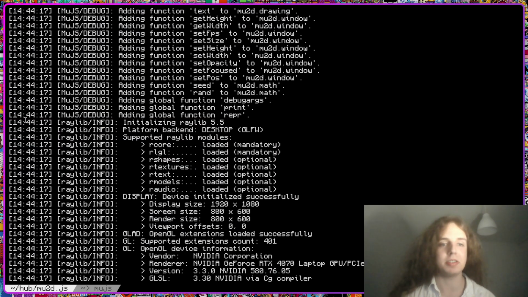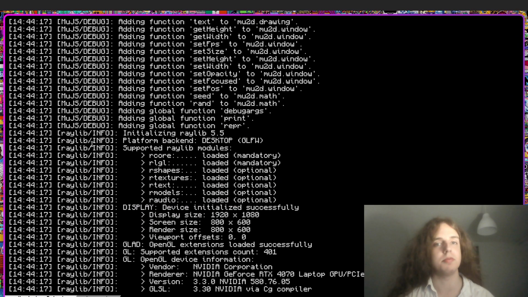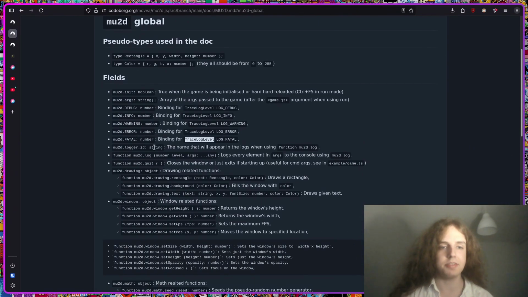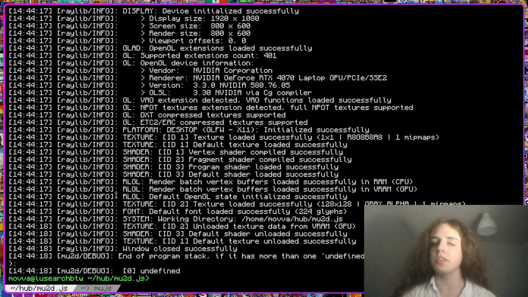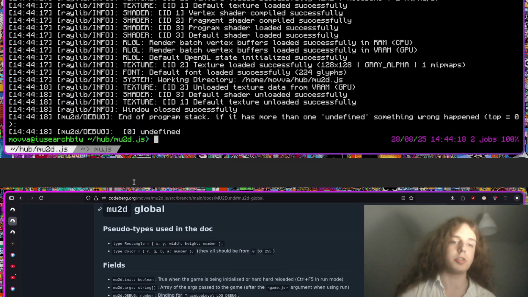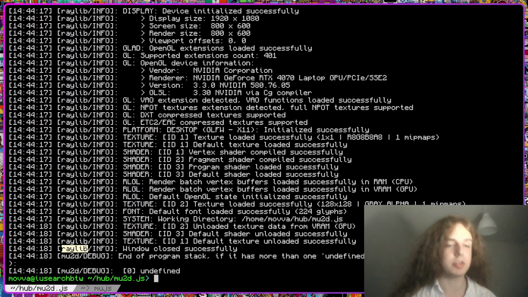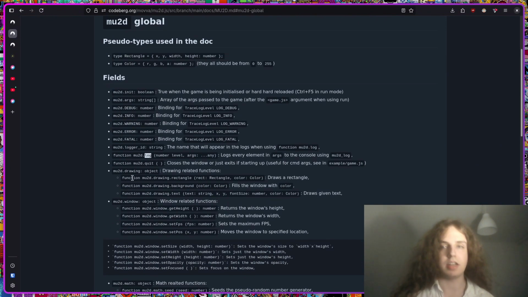That's why you have the time and stuff, and this format, which is the same as log4j, if I'm not mistaken. You have the logger ID. Essentially, when you log stuff using the log function, this will be customized, because by default in run mode, it's going to be the file name, so game.js, the base name specifically. And if it's bundled, it's going to be the name of the executable, at least normally.